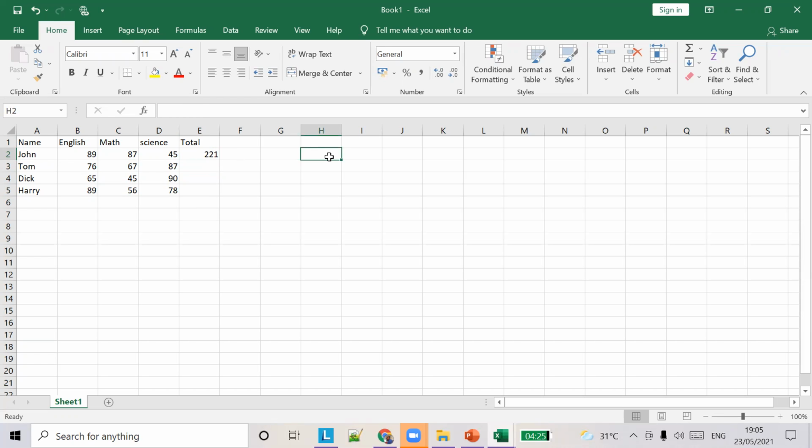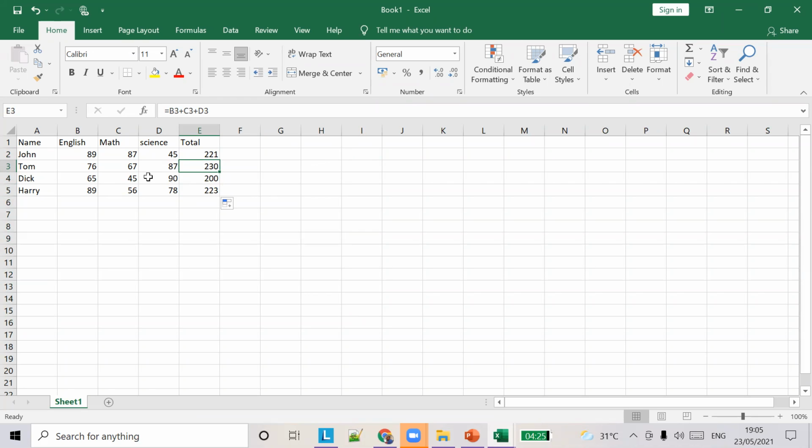You remember, last week we learned how to fill elements. Let's say you have 1, 2, and 3. You drag it, and it will automatically form the sequence of elements. We learned all these things in the last class. Similar to this, you can drag the formulas also. Let's say you have the formula here. You drag it down. Now the formula is copied to the other cells.